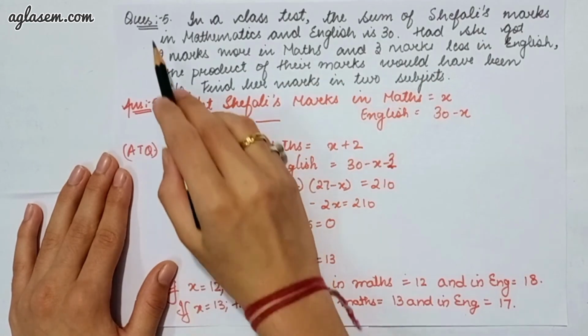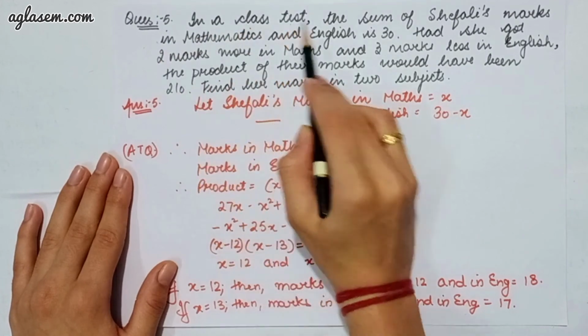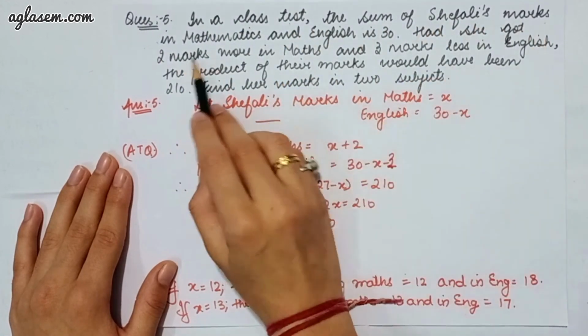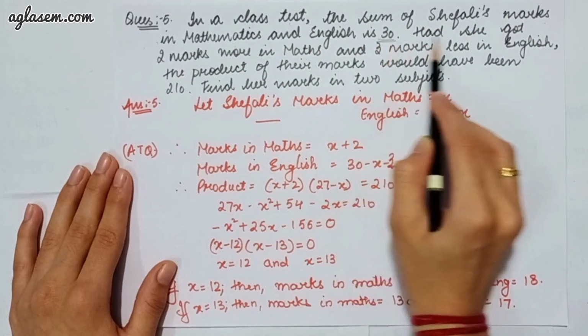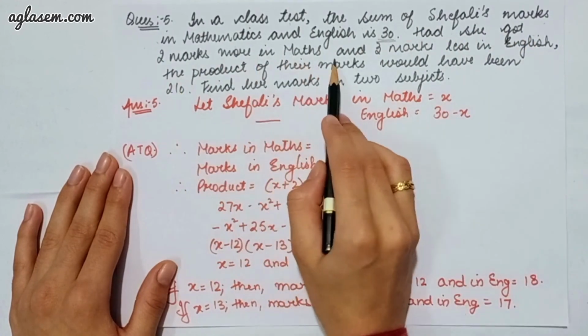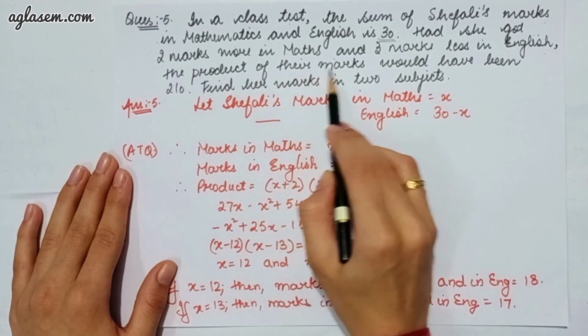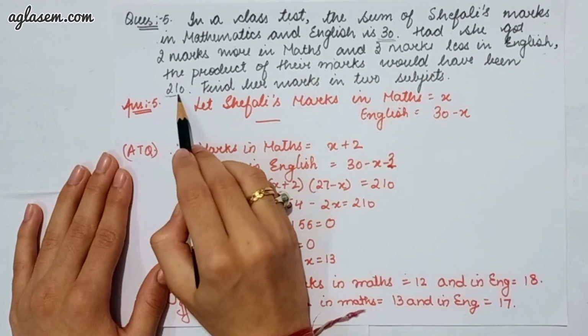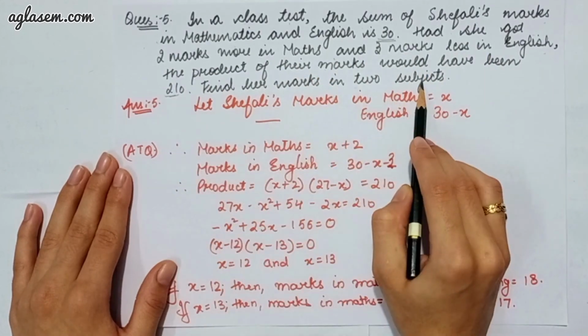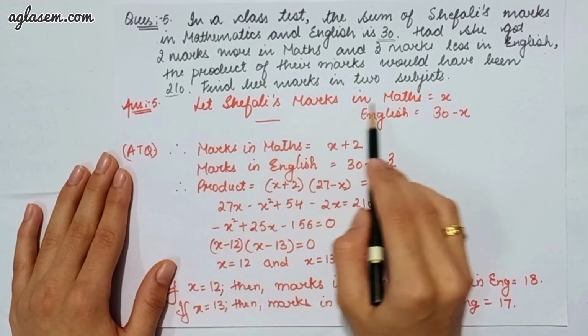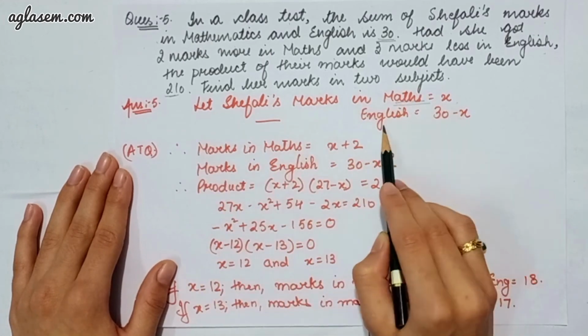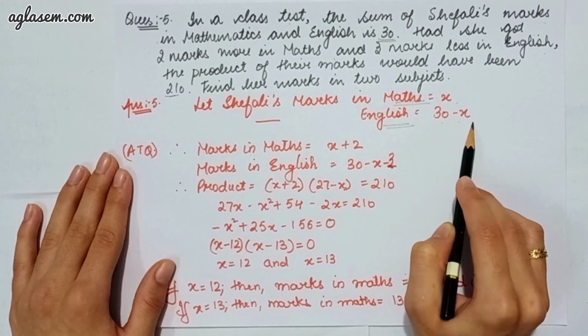Moving to our fifth question, which says in a class test the sum of Shefali's marks in mathematics and English is 30. Had she got 2 marks more in maths and 3 marks less in English, the product of their marks would be 120. Find the marks in the 2 subjects. So here we have to let Shefali's marks in maths be x and in English be 30 minus x. Therefore,